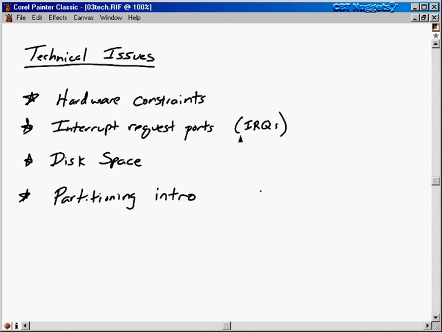And we're going to talk about these IRQ ports and the other communications channels in a typical Linux system. We'll talk about how to identify which devices are hooked up to which ports and why that's important. And then we'll talk about disk space, how to partition the disks, and this we'll just give a partitioning introduction